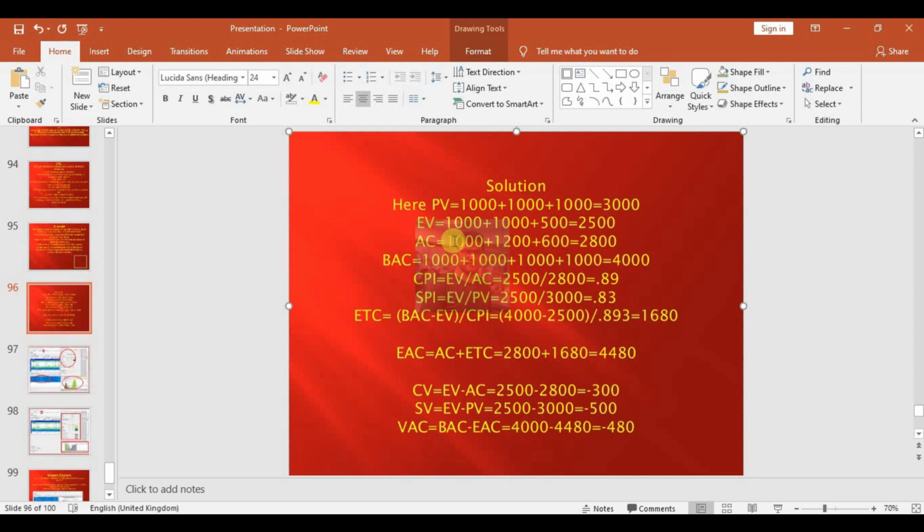So this example we can solve it in Primavera, but you have to do some settings in Primavera, and the main primary purpose of Primavera is not costing. Primary purpose of Primavera is CPM analysis and path analysis. So we can do costing, but we have to calculate some of the factors manually.